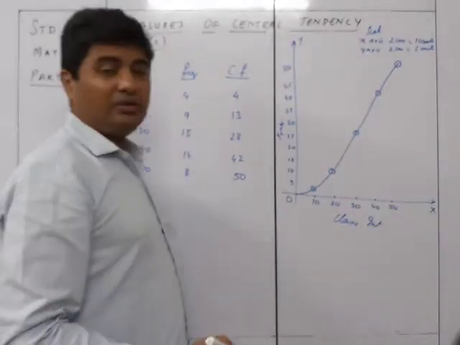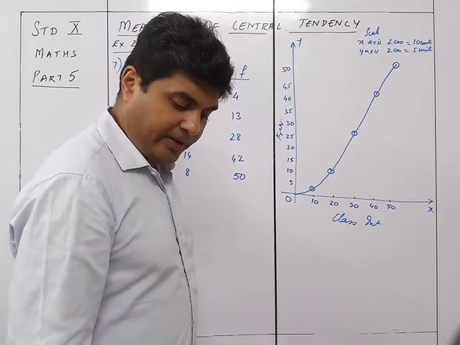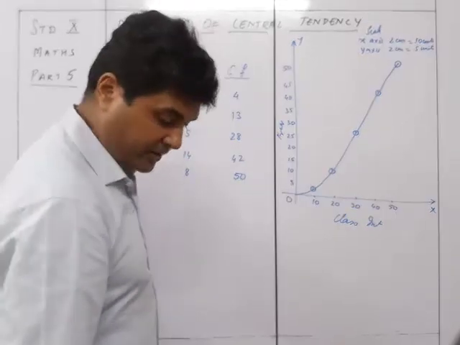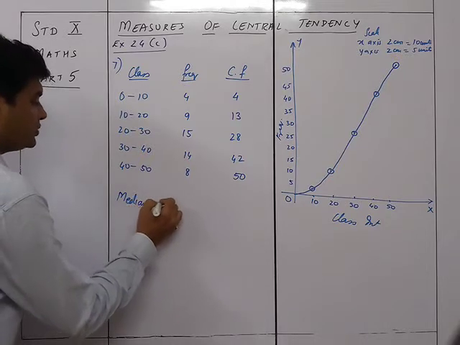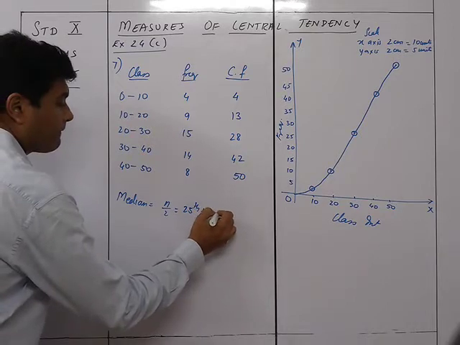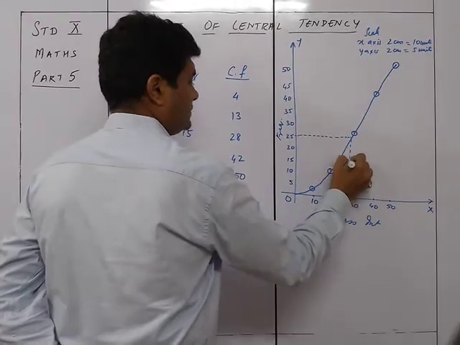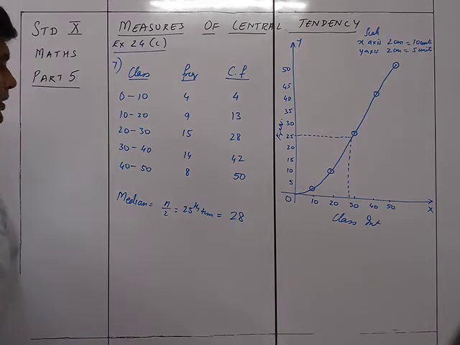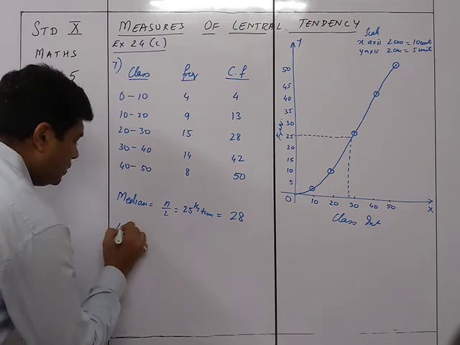Now we need to find out the median based on this, but why only median? We can also find out the median, lower quartile, interquartile range, let's find out everything. So the median is n upon 2, which is the 25th term. So for the 25th term, it is going to be like this and goes down like this to give you around 28. No, 28 is for 30. Yeah, okay, right.